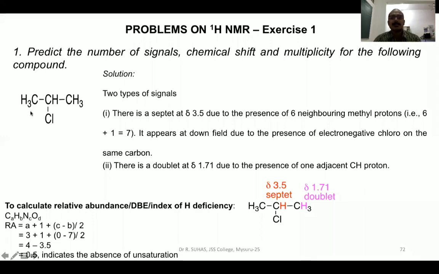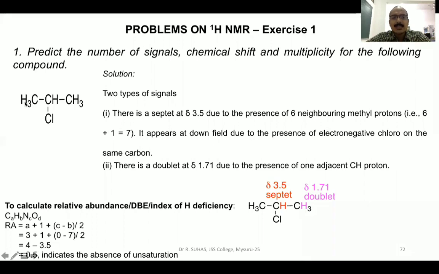For predicting the multiplicity, we must use the n plus 1 rule. What does the n plus 1 rule say? N refers to the number of neighboring protons. Here, first we will see this proton, CH3. The adjacent or neighbor is CH. So 1 plus 1, here the neighboring proton is 1, 1 plus 1 is 2. That's why this CH3 will appear as a doublet in the 1H NMR spectrum,